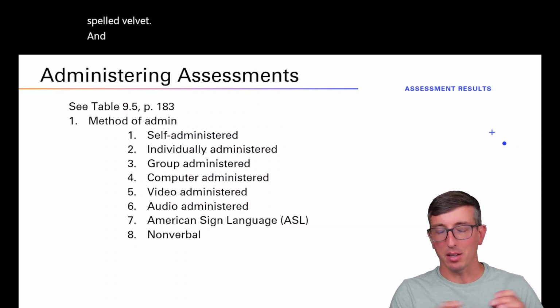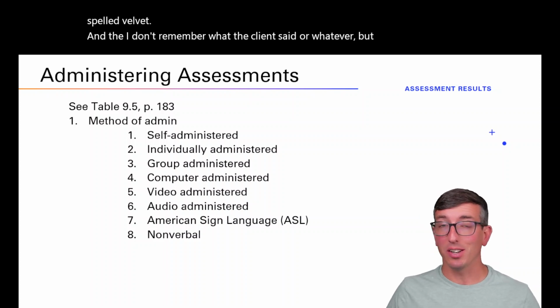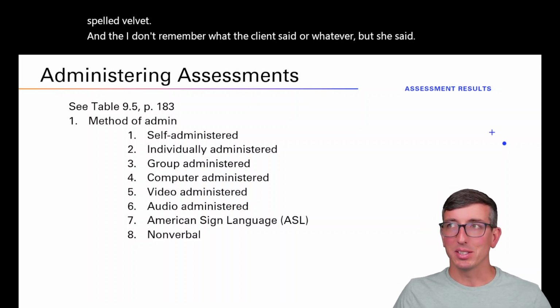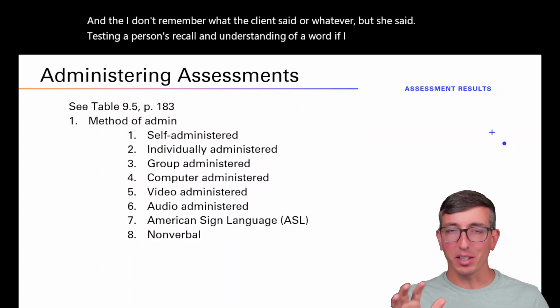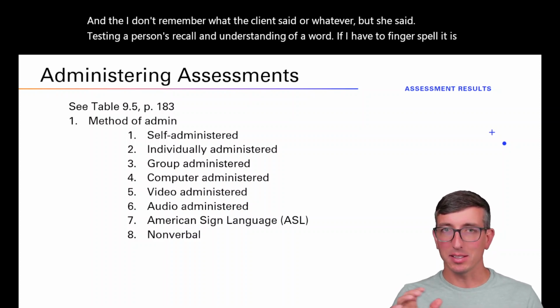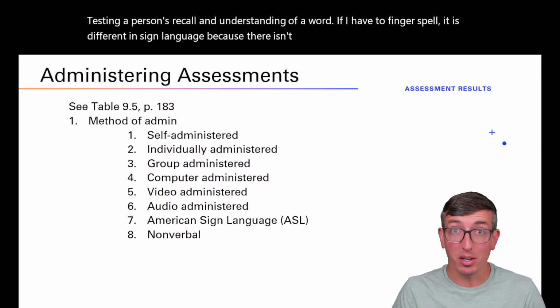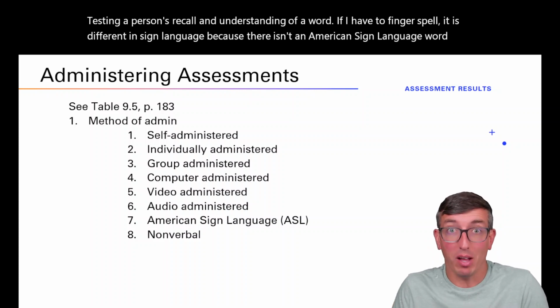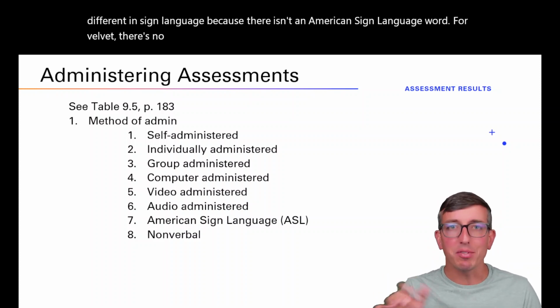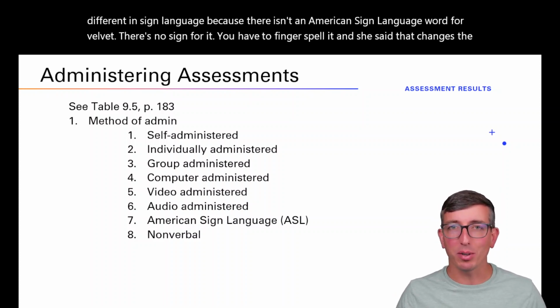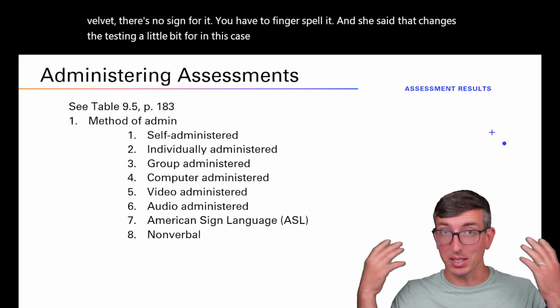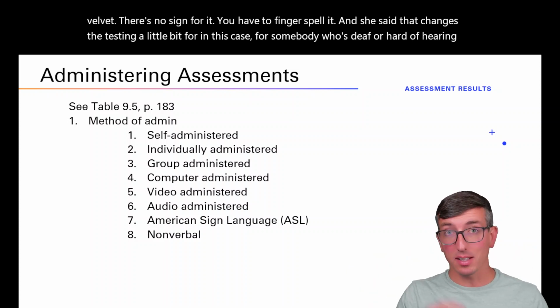And I don't remember what the client said or whatever, but she said, testing a person's recall and understanding of a word, if I have to fingerspell it, is different in sign language because there isn't an American Sign Language word for velvet. There's no sign for it. You have to fingerspell it. And she said that changes the testing a little bit for, in this case, somebody who's deaf or hard of hearing because of the,